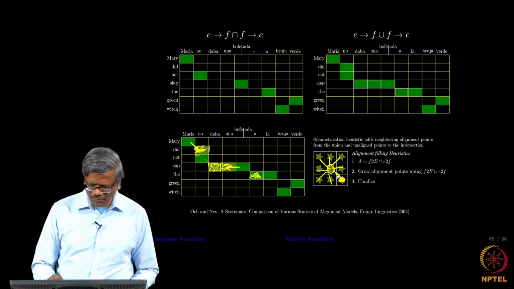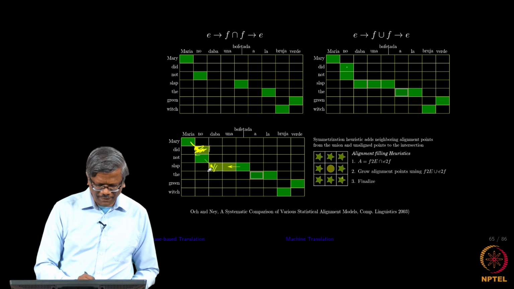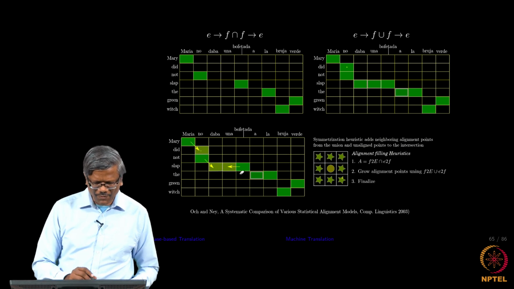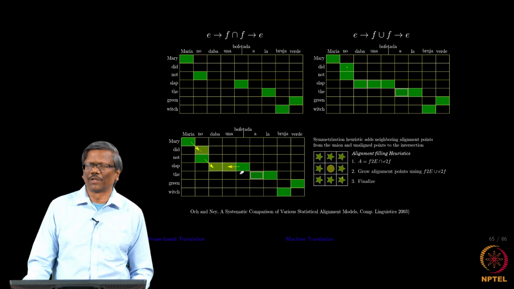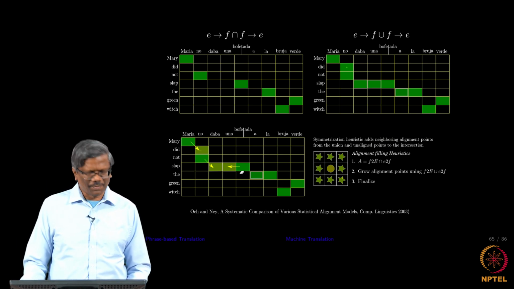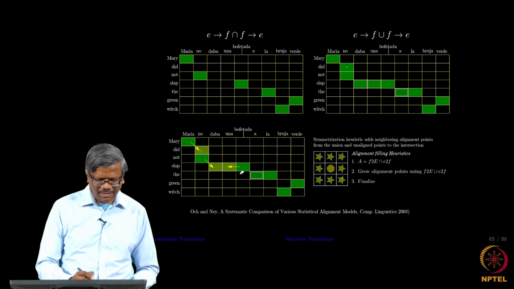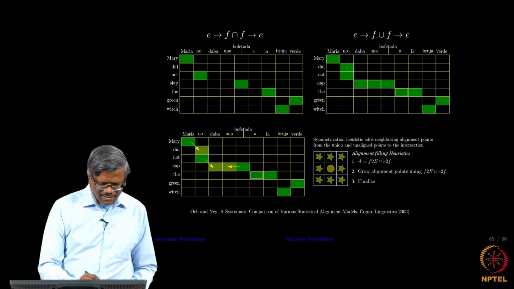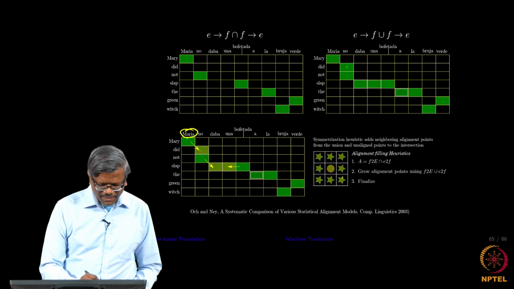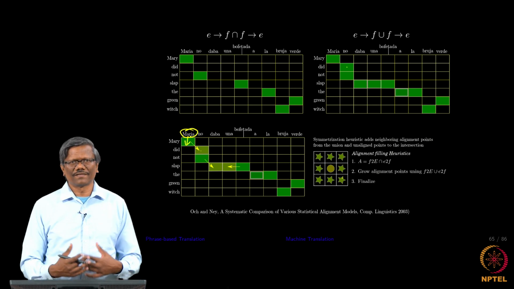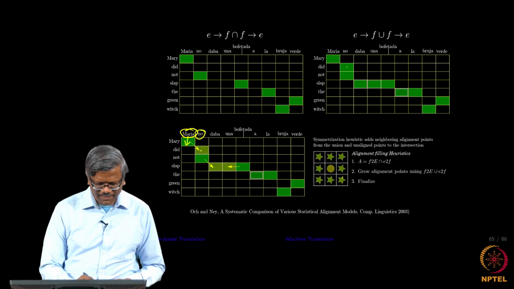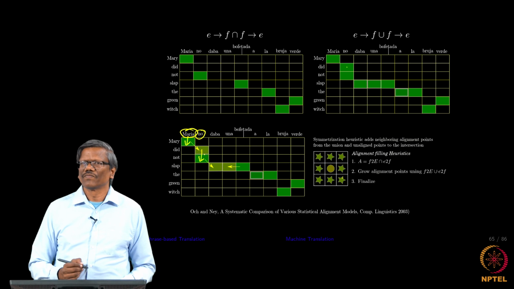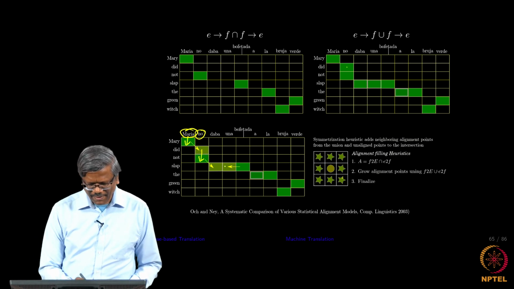Okay. So, this is how you grow the alignment, and when there are no more points to be filled, you leave it, and then you now have gotten yourself a good alignment table, which you may want to use for the translation purpose. So, when you get this alignment, what exactly does it mean? Maria is aligned to Mary, that means that is the translation of Maria, right, and then no is aligned to did not, okay, and so on and so forth.